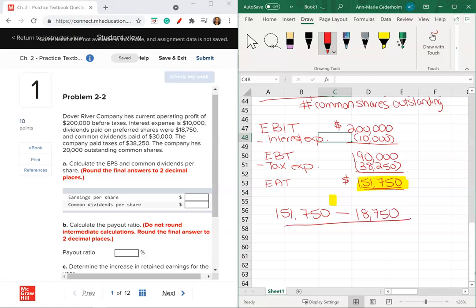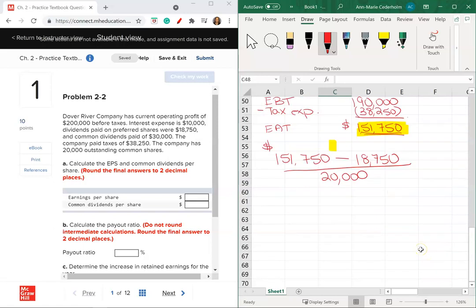Then divide that by the number of shares outstanding. Remember, it's just the common shares outstanding. That's 20,000. So if I take 151,750 minus 18,750, that gives me 133,000, and divide that by 20,000. That gives me